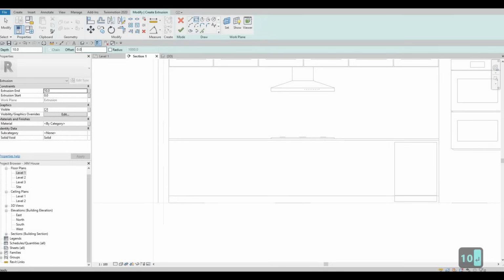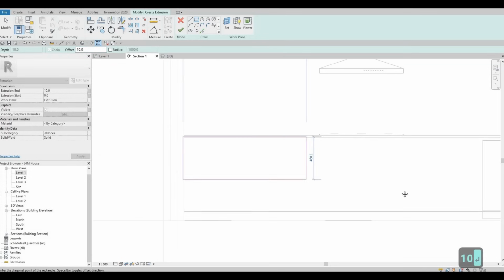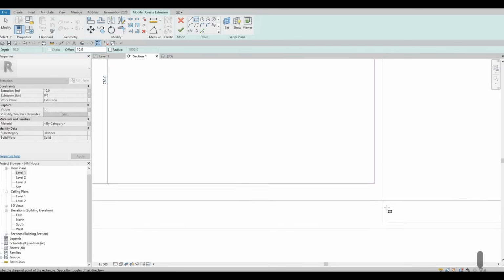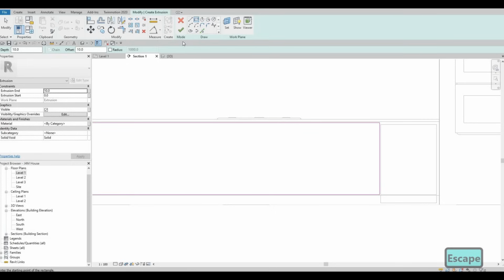Select this, and then add an offset of 10, and then select it from this corner, spacebar to change orientation, and then to this corner, and then click